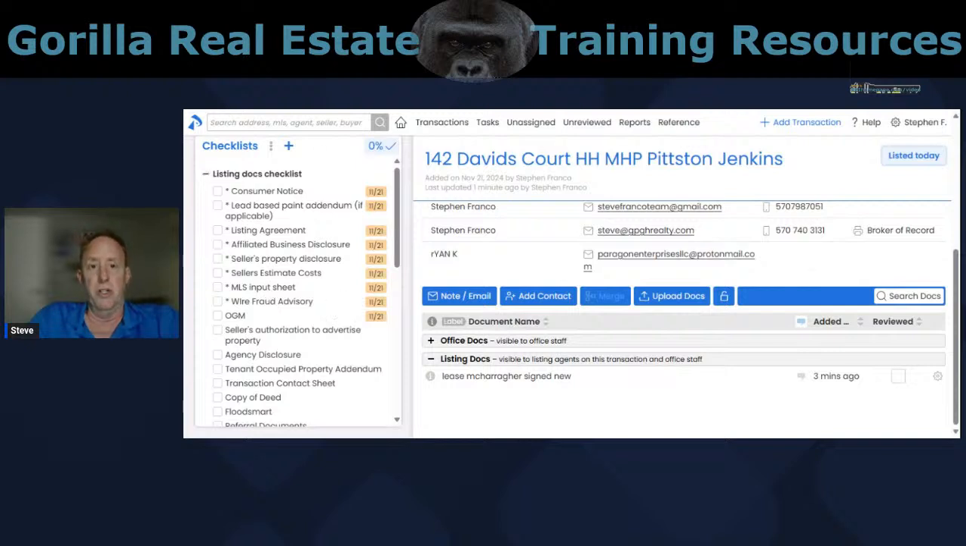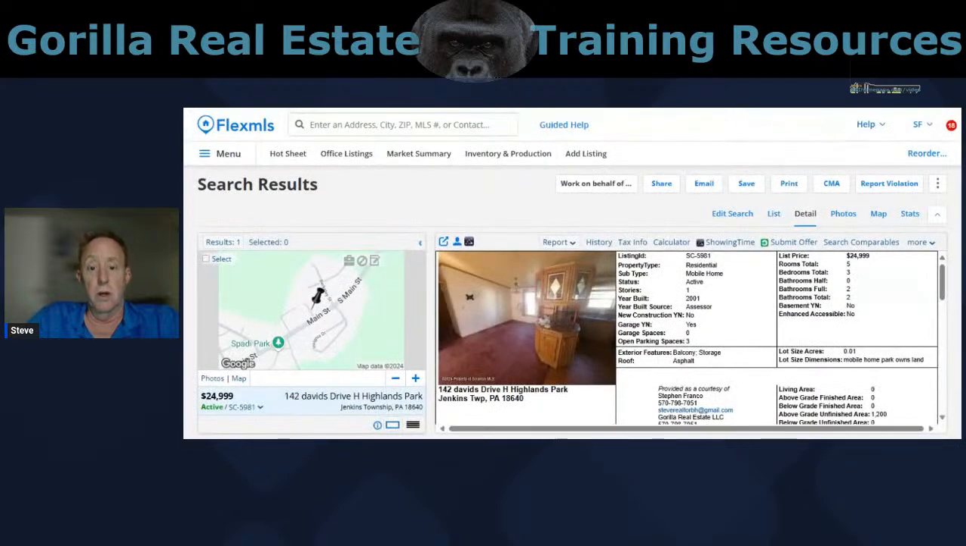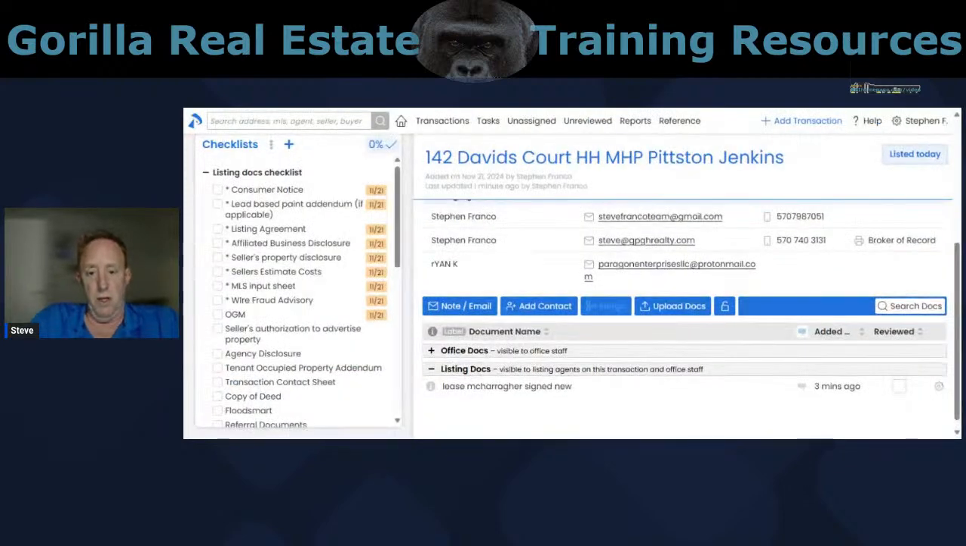Copy of MLS input sheet, meaning PDF this. Sorry, helps if I actually show you. PDF this. PDF the actual listing, and stick it into Paperless Pipeline. So when you get done, you will have a complete file of